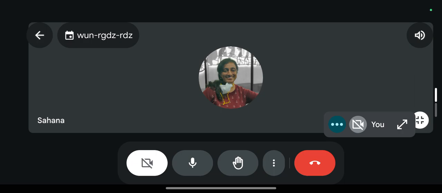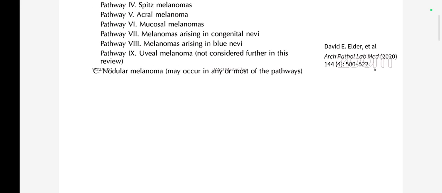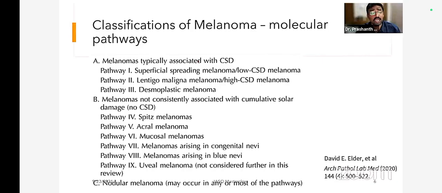हाँ, दैट्स ऑल। एक अलग है, जिसको नहीं है वो अलग है, और एक नोडुलर मेलेनोमा टाइप सी है। तो इसमें 9 पाथवे हो गए हैं। 1 पाथवे है सुपरफिशियल स्प्रेडिंग मेलेनोमा, 2 पाथवे है लेंटिग्नो मेलेनोमा। जो लेंटिग्नो वाला है वो हाई सन डैमेज, क्यूमुलेटिव सन डैमेज है, और सुपरफिशियल वाला लो है। फिर थर्ड इज डेस्मोप्लास्टिक मेलेनोमा, फोर्थ इज स्पिट्ज मेलेनोमा, फिफ्थ एक्रल मेलेनोमा। फिंगर 5 होती हैं, तो एक्रल वाला फिंगर टिप्स होता है। तो एक्रल वाला 5 है। ठीक है, सुपरफिशियल स्प्रेडिंग याद रहता है। लेंटिगो मेलेनोमा टाइप 2 है।